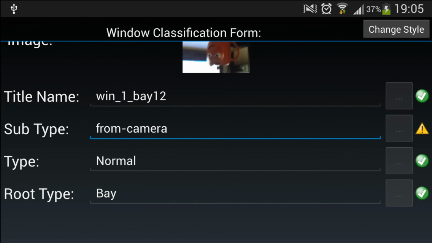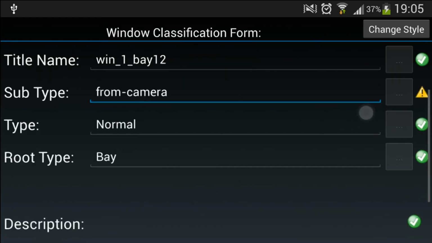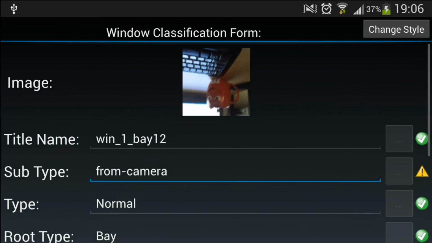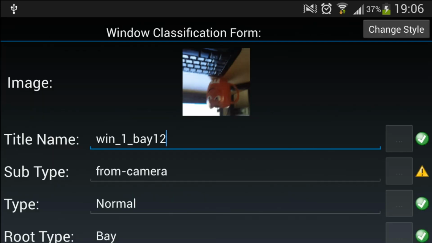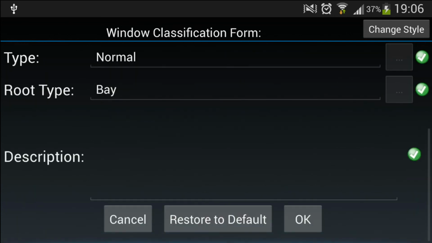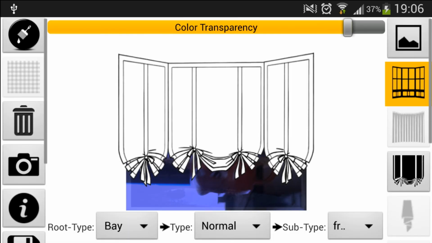It will show us the list of existing images. Currently it's not available because it's the first image in this from camera subfolder. Okay, we just press OK. I think that's it. Thank you for watching this tutorial.